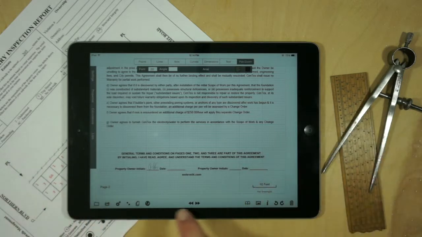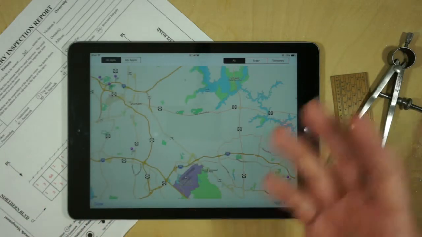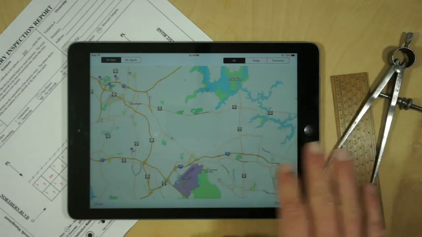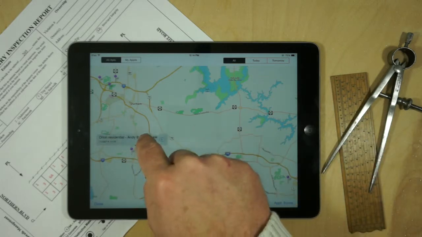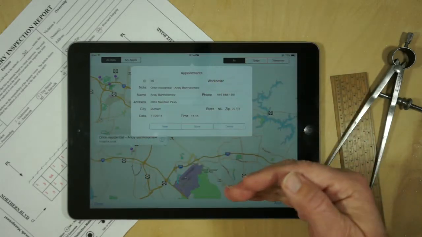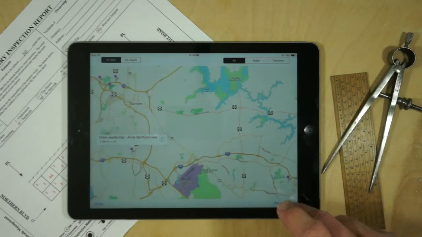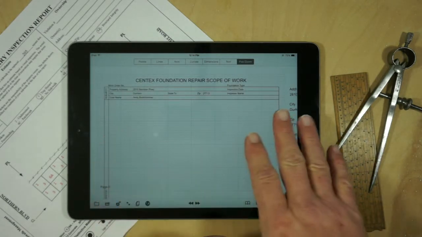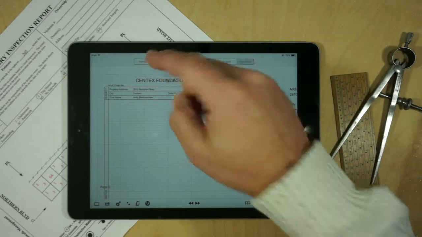This whole package can then be integrated with the back-end system. In this case, we're integrating via a map view, and this shows all of Centex's appointments for that particular day. They can then select an appointment. It will bring up all the information from their back-end system for that particular client, and now when they open the form, we'll see all that information being pre-populated